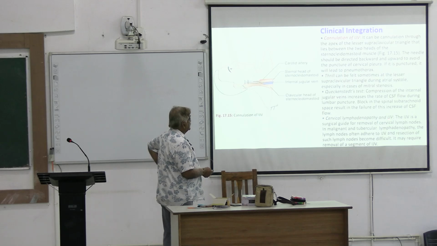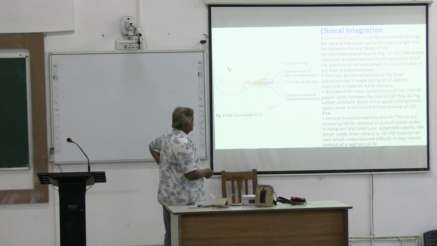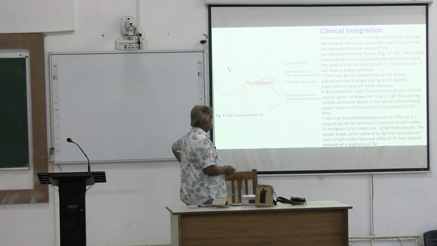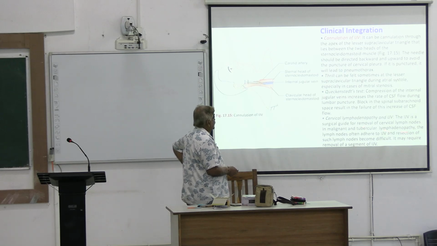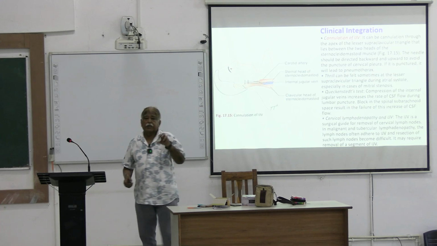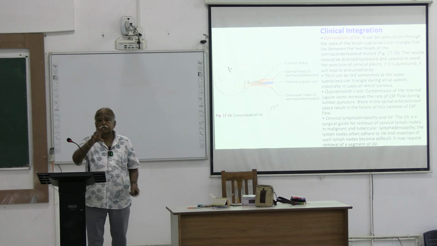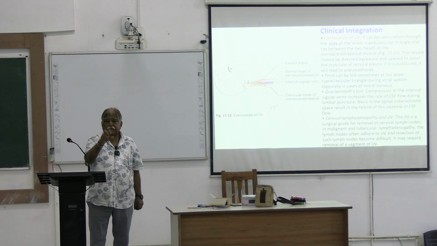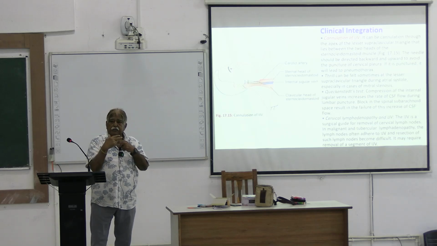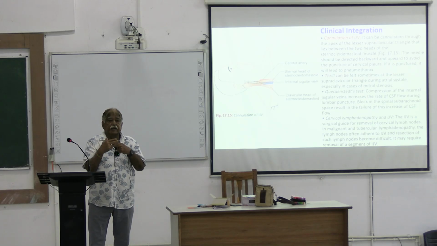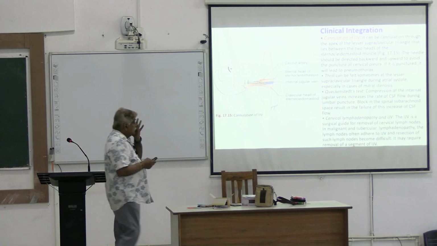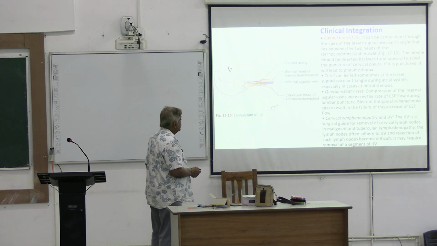Cervical lymphadenopathy and internal jugular vein. The internal jugular vein is a surgical guide for removal of cervical lymph nodes in malignant or tubercular lymphadenopathy. Lymph nodes often adhere to internal jugular vein and dissection of such lymph nodes may be difficult. It may require removal of a segment of the internal jugular vein. So, if there are malignant internal jugular lymph nodes adherent to a portion of the internal jugular vein, in between clamps, it can be dissected out. In cervical lymphadenopathy,